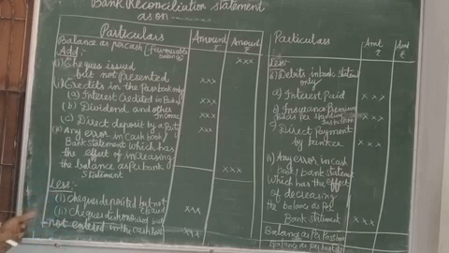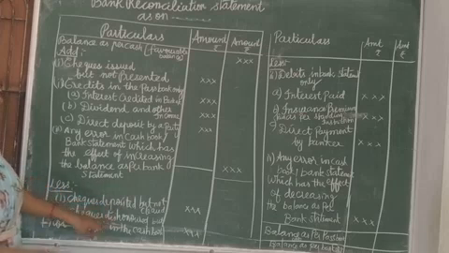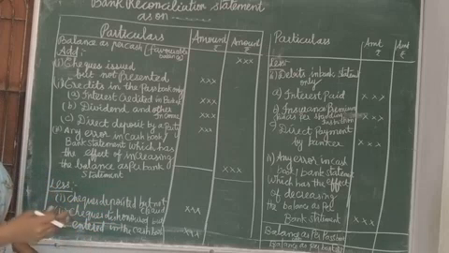Because the bank has a lot of possibilities, suppose the bank cashier may forget to take the check, so many possibilities are there. So the check is deposited but not cleared, so our bank balance will be reducing, so that we are reducing the balance. Check is dishonored but not entered in the cash book.